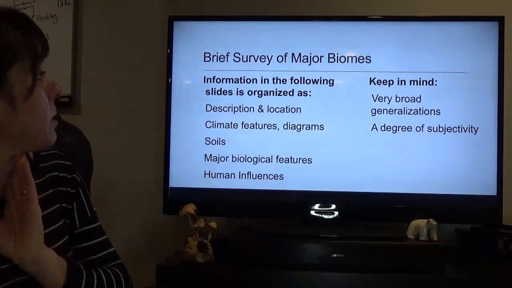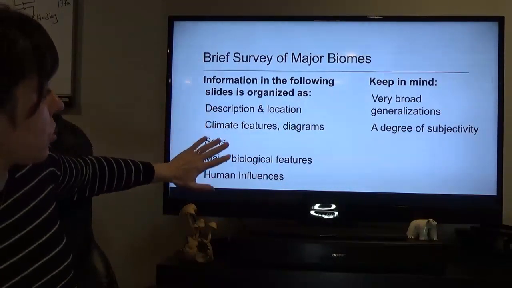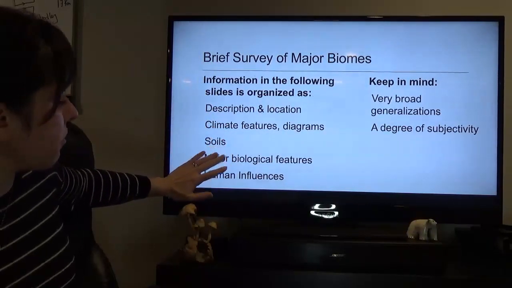Okay, so we're going to be going through the survey of our major biomes. We're going to have information on the description and the location, climate features and diagrams, some information on